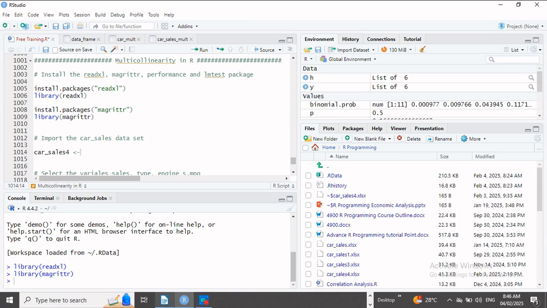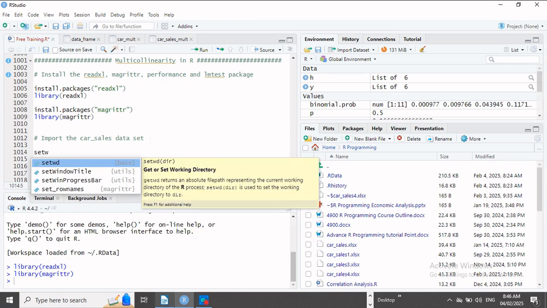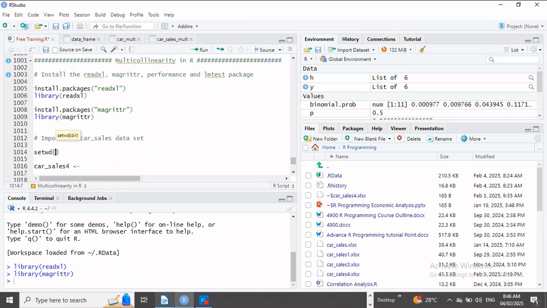So I could simply type set working directory, so that if you're not working in the same directory, you could set your working directory to C:/